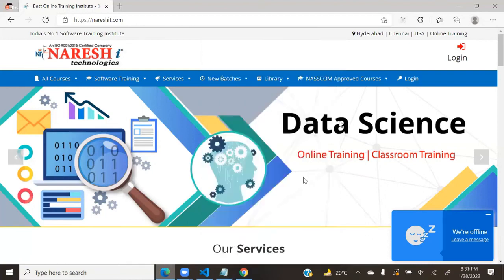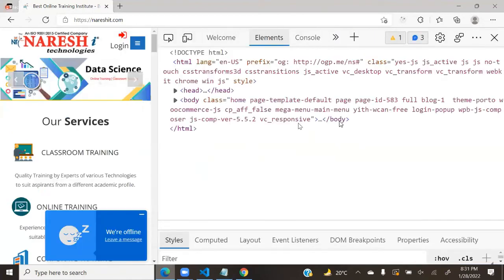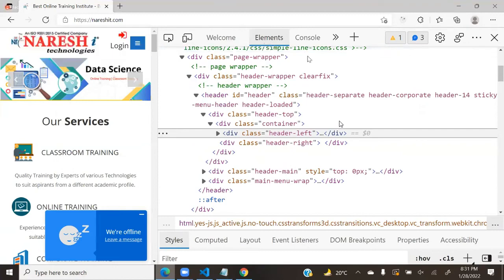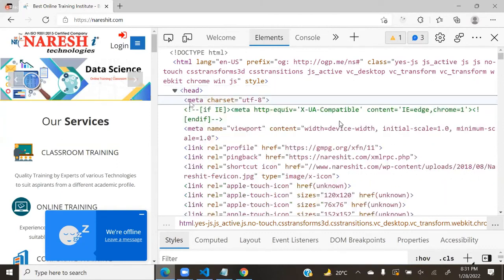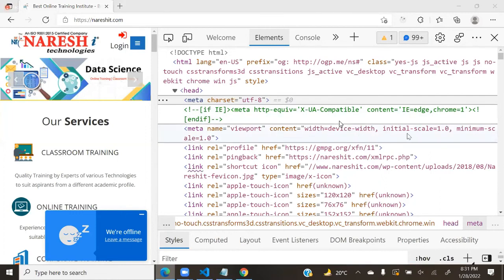There is an elements category, and in it the head section is present. Open the head section. The meta charset is UTF-8. So many meta options are defined, and observe here, meta viewport is also the same as I wrote. They have written viewport initial scale 1.0.